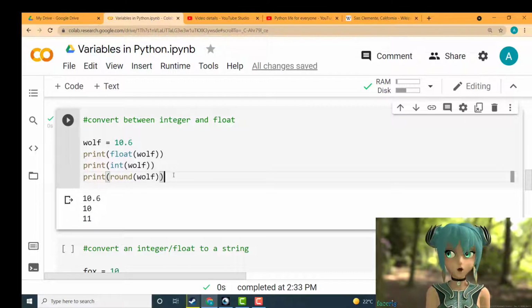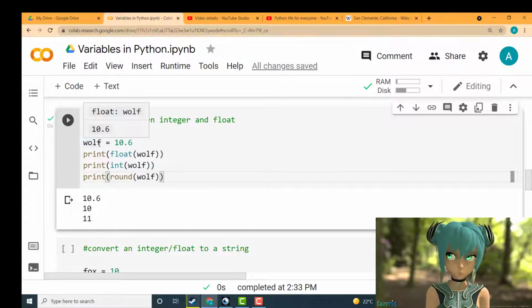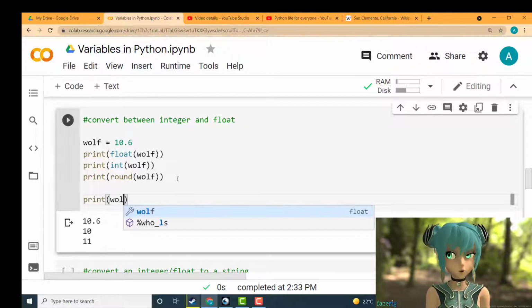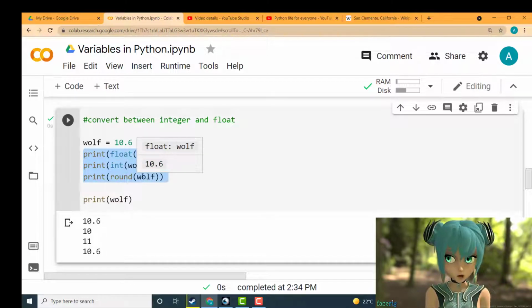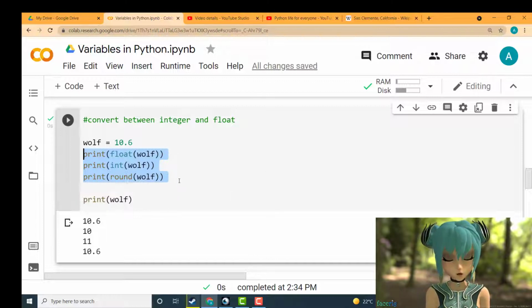But be aware, when we actually apply the float, integer, and round functions, the original value of wolf has never been touched. Let me show you here. If I print out the value of wolf, it's still going to be 10.6, because these functions will not change the original value of wolf. But if you want to update the value of wolf by using the float, integer, or round function, what you can do is that,